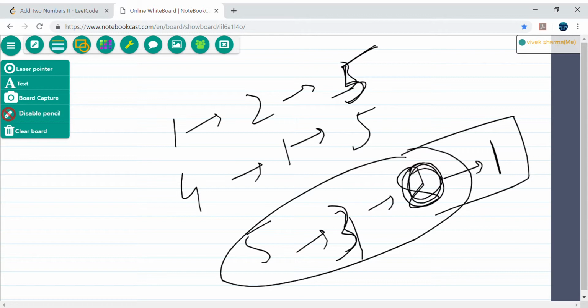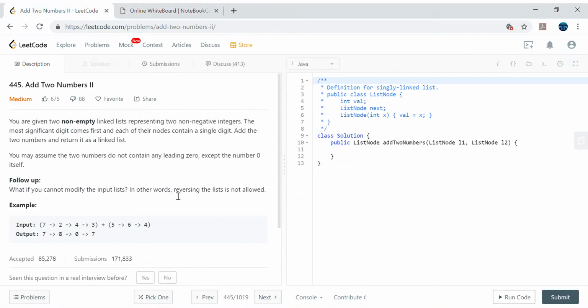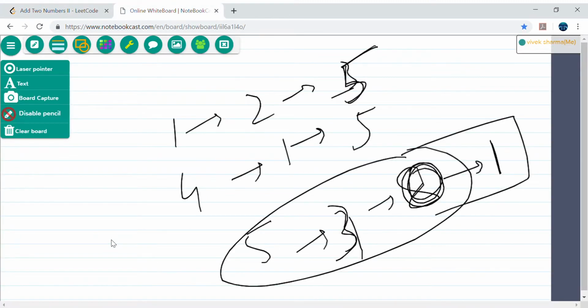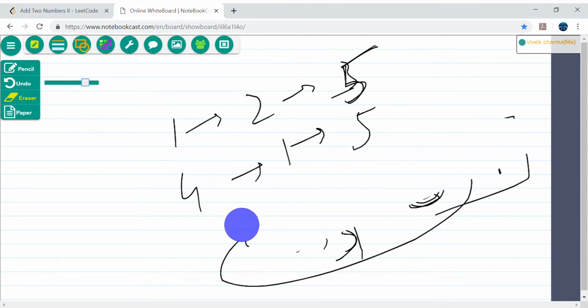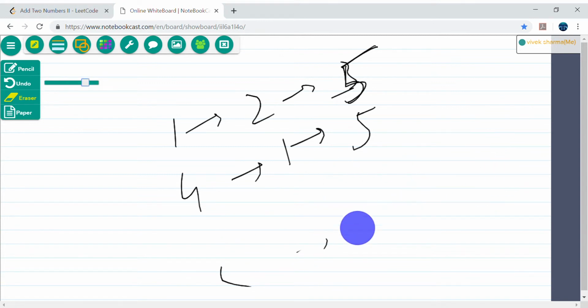Now coming back to this problem, this is the second add two numbers. It means this is an extension of the earlier problem, and here we are doing the proper addition. Let me quickly explain what that means. If I use the eraser here and quickly erase this one,